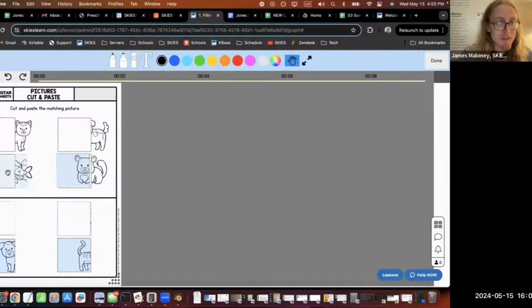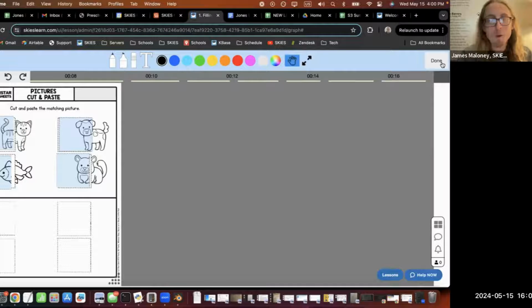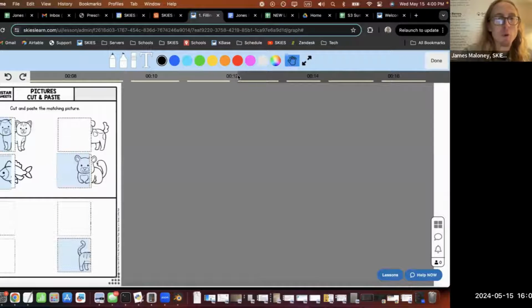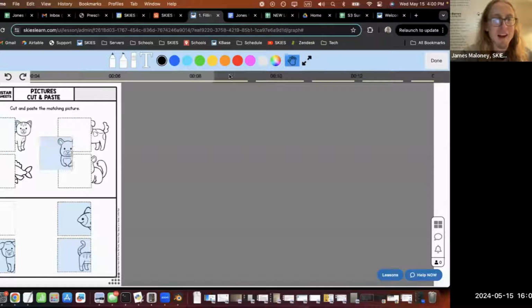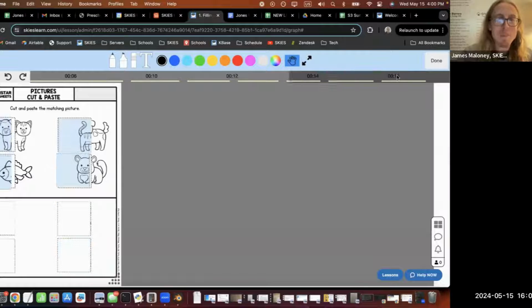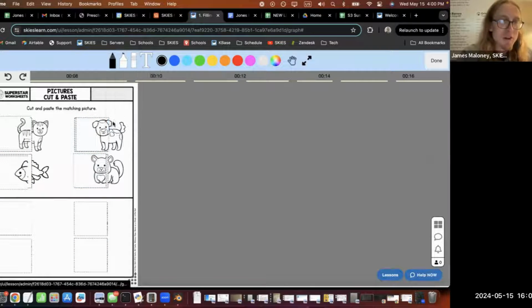And you can get the next one, put it there, next one. And if you make a mistake, you can move things around. And when you're done, in the upper right corner, you can hit done. This is a super fun, cool feature that is really flexible. You can see how the kids solved it. With this feature, you can do all sorts of fun things.